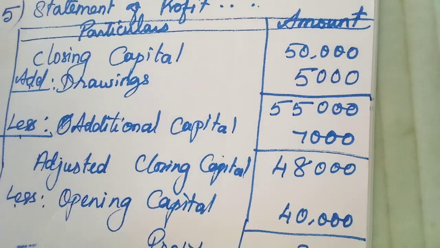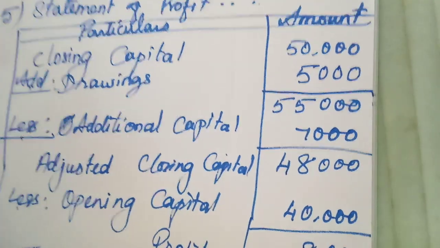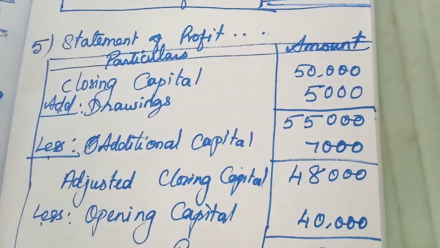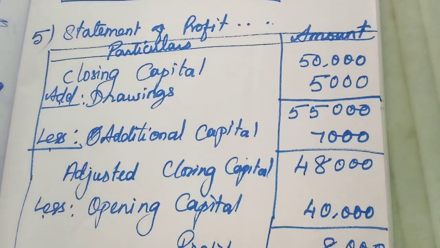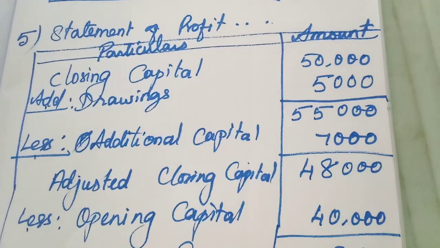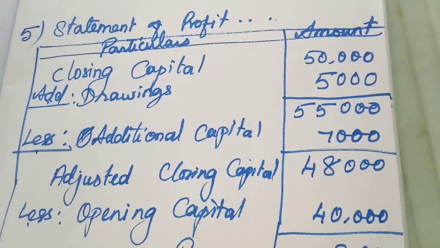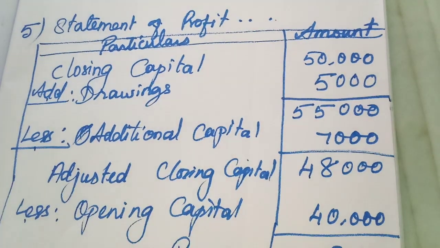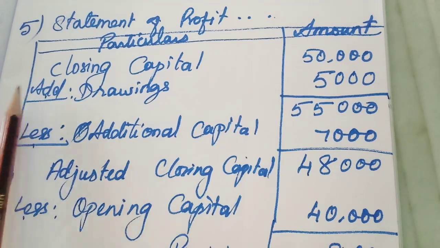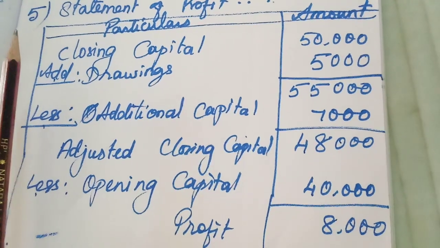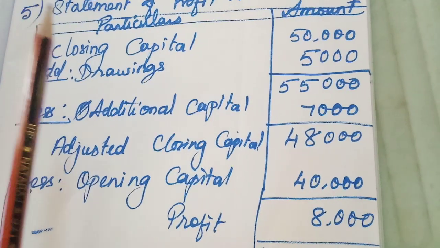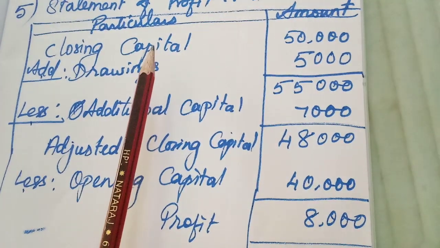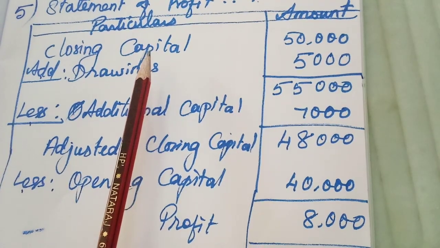I think you might have understood this. Heading, calculation of profit or loss in incomplete records. Again, we got to see the statement of affairs method. Statement of affairs we have to calculate. They may not give you the capital. So the opening capital and closing capital may not be given. So we have to calculate the opening capital from the opening statement of affairs and the closing capital from the closing statement of affairs.